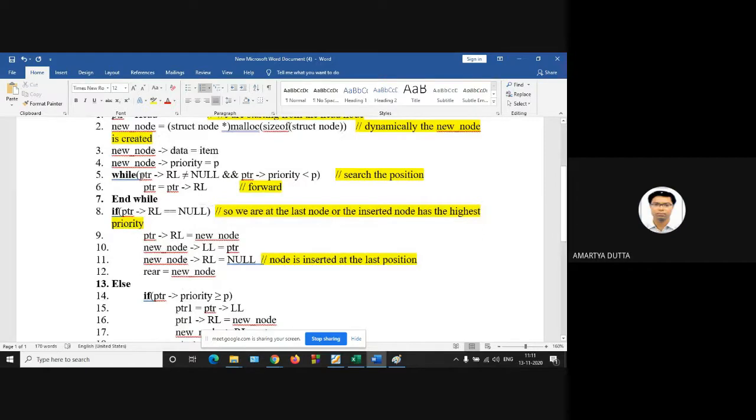Suppose while your PTR's right link is not equal to null and your PTR priority is less than P, so the AND condition is there. If it is not null, then it will go out of the loop only if the priority is greater than PTR priority.